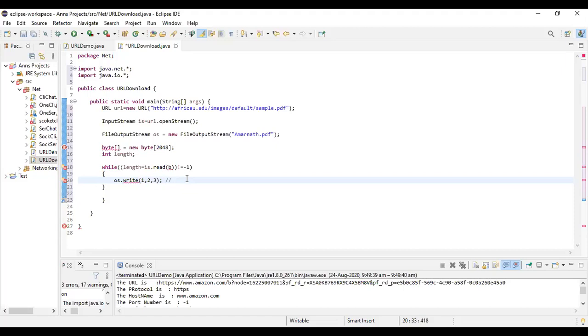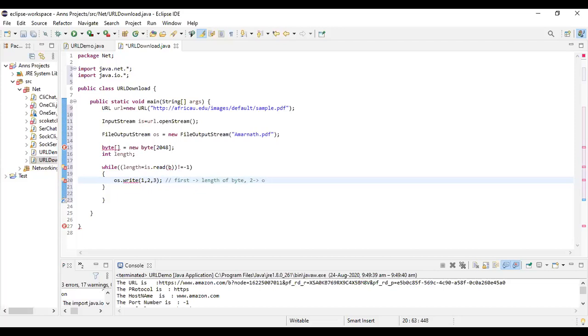Now, the first argument will be the byte. Okay, the second argument will be the offset.